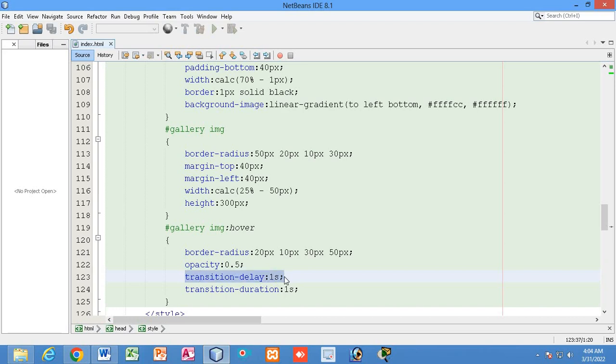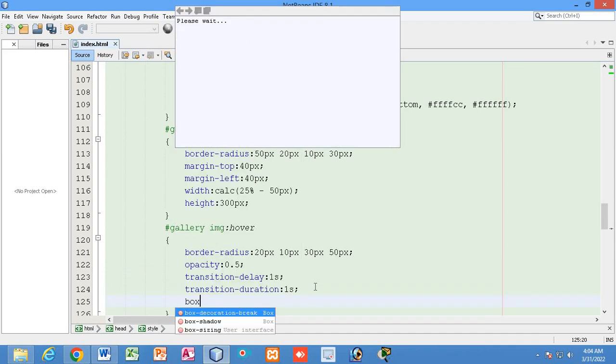Transition delay will stop the CSS changes from taking effect immediately. It will start after a delay of 1 second, and these changes will take place over 1 second. Fine. So we can also add the box shadow.